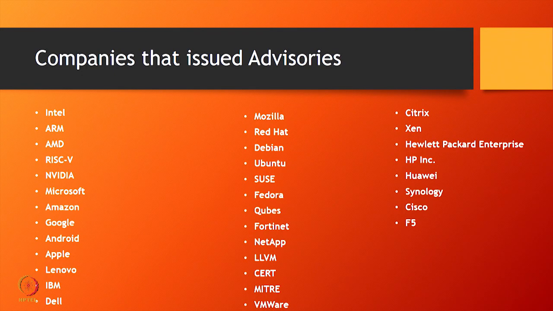This is a last minute addition to this course, and we wanted to do this because the attack has come, and it is very important for people taking this course. It involves the operating system and the hardware, and so this course is the real apt place for us to give you the complete details of this attack. So, these are the companies that have issued advisories, more than 3 dozen companies here, based on this Meltdown attack. This is just to give you the impact of this particular vulnerability that has existed in the hardware.